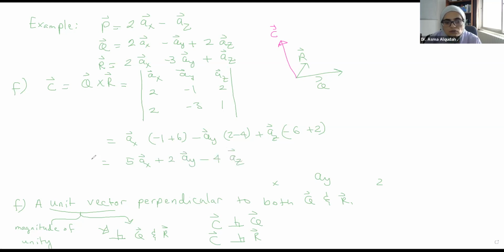So this is vector C, which satisfies the first requirement of the question, which is that the direction of C is perpendicular to Q and R. Now we have achieved the first requirement of direction. Now we move to the second requirement of magnitude. The magnitude of C should be unity. So how do we find a unity vector from C that's in the same direction of C? It's the unit vector